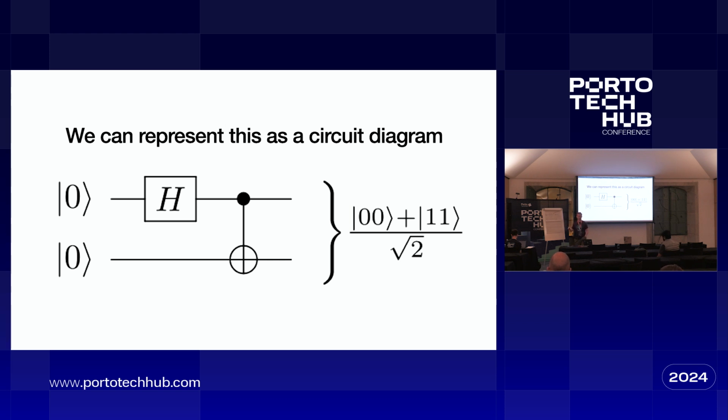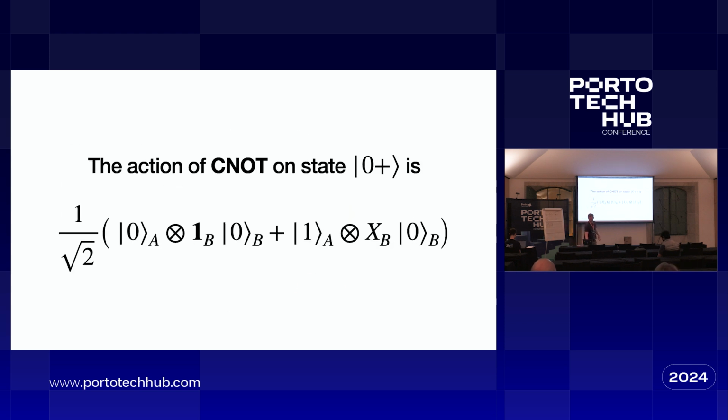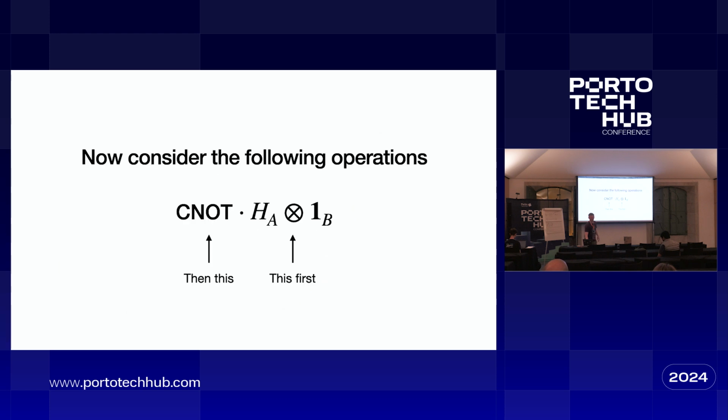So what's its action on this? Well, we did it, but maybe I did it too fast. Hadamard is 1, 1, 1, minus 1, with a 1 over root 2 out the front, and we're acting on the state... I'm sorry, no, not Hadamard, C naught. C naught's a big matrix. Once you start doing big matrices, I need the Dirac notation to see it. This is why we're doing this, right?